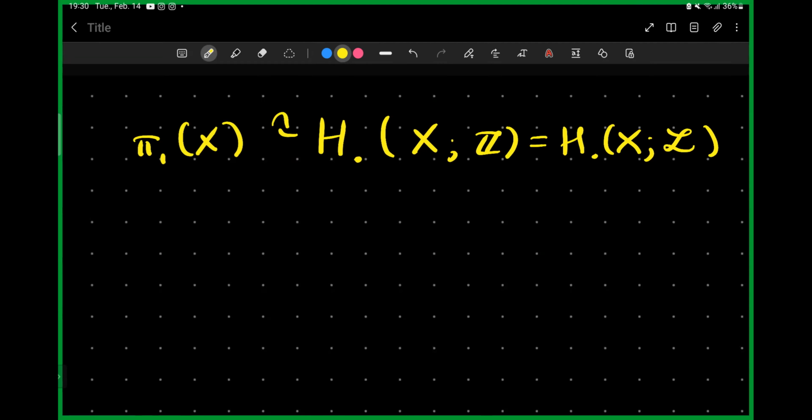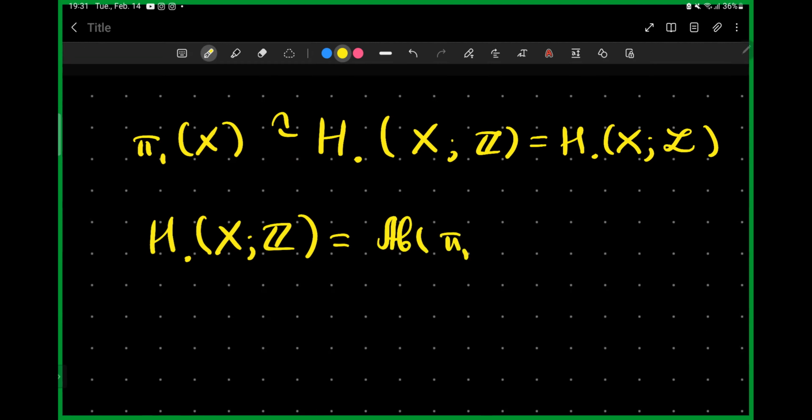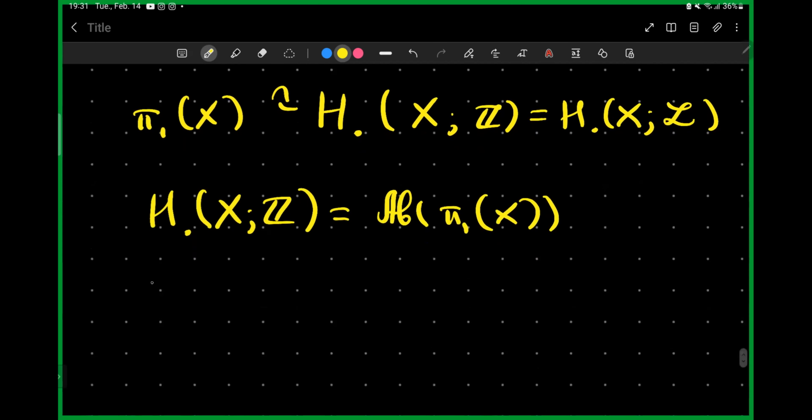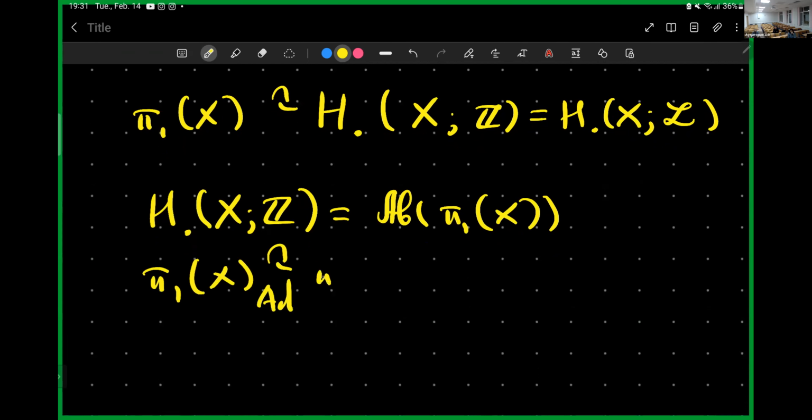But in lower degrees, obviously, we can define the action using the Poincare lemma, which states that this is the abelianization of the fundamental group. And since the fundamental group acts on itself by conjugation,